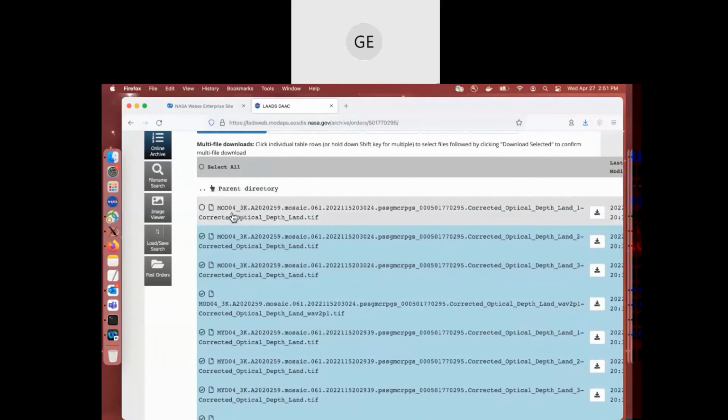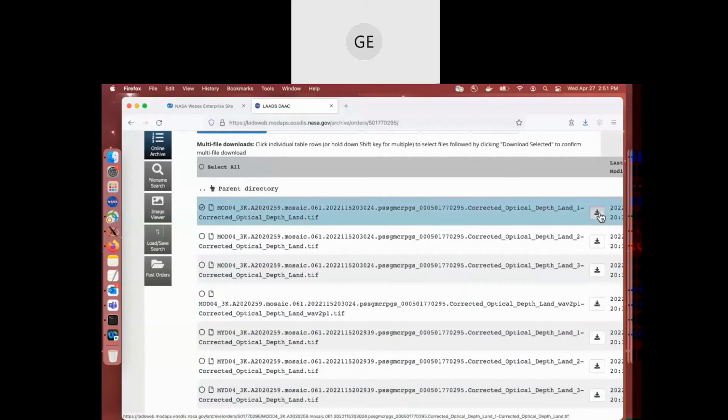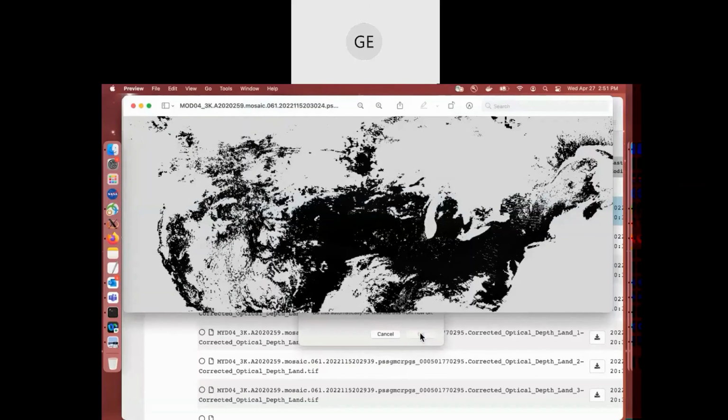I'm going to deselect them and I'm just going to download this one right here as an example. And instead of downloading, I'm just going to open it to show you what it looked like. So you remember I drew that box around sort of the southern Canada, central northern US, and here it is. And you can see that it's all aggregated. I don't have separate individual